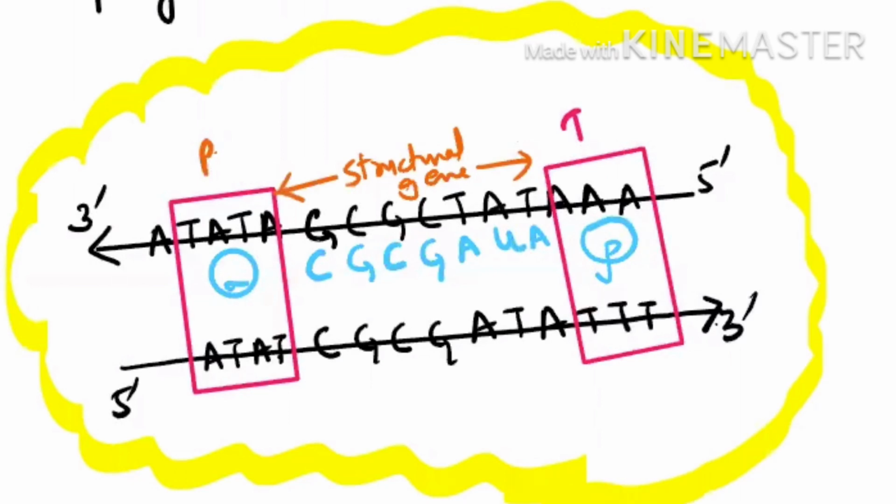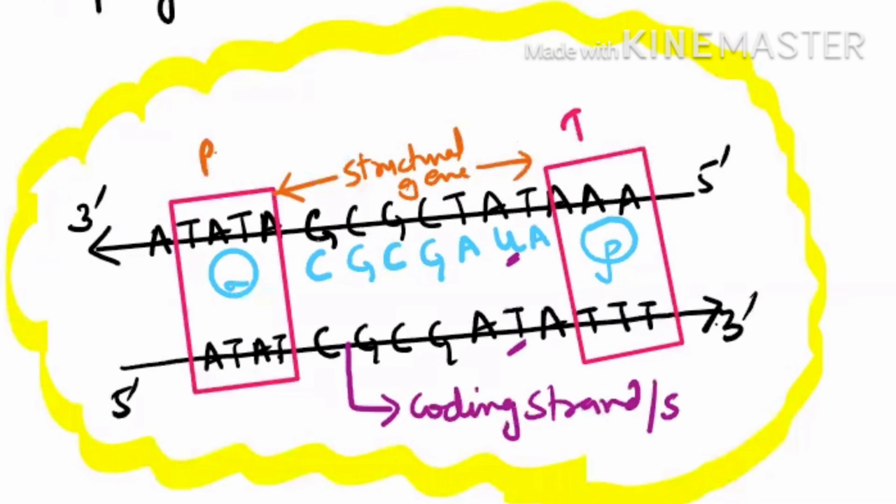Now see the board carefully. If you see it carefully, you will find that this language is the language of the lower one only. It is a cut-paste of the same language, but the only difference is that here T is present and here U is present. So we will say actually the RNA polymerase wants to take this language. So this strand of DNA is known as the coding strand. The coding strand is also known as the sense strand because they want to take this language. But they are using the upper DNA, and they are not taking that language, they are using it only. So since they are using it, we will call it the template strand.